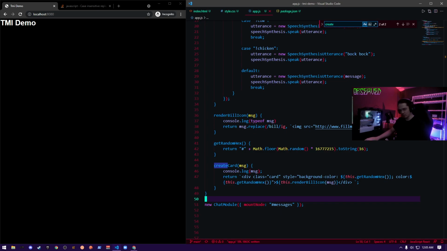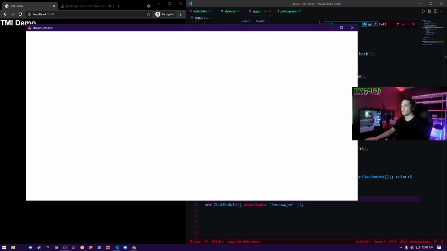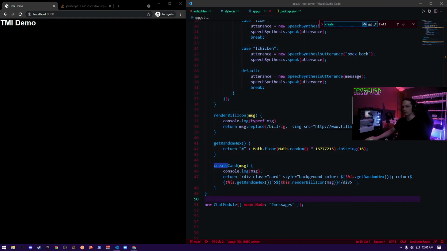Oh, I was gonna show. I don't have the token. The overlay. It was pretty cool. Oh, it's because I have an invalid token. Weird.